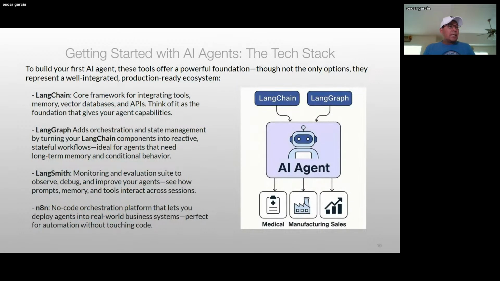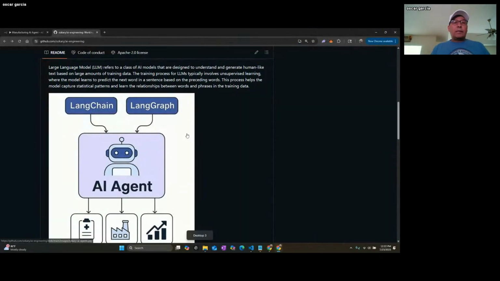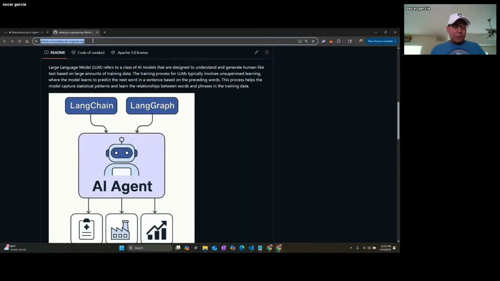Let's take a look at a project now. I'm going to show you this. I'm going to go ahead and quickly go to this GitHub project. I'll put it in the